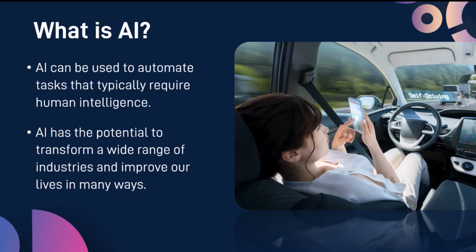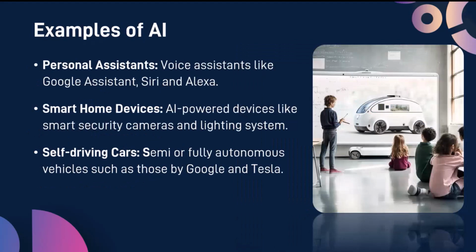Artificial intelligence can be used to automate various tasks and has the potential basically to transform a wide range of industries, as it has already started doing in the past year. But it's good to understand as well that AI has been around for much longer than a year, and we'll be speaking about this very soon.